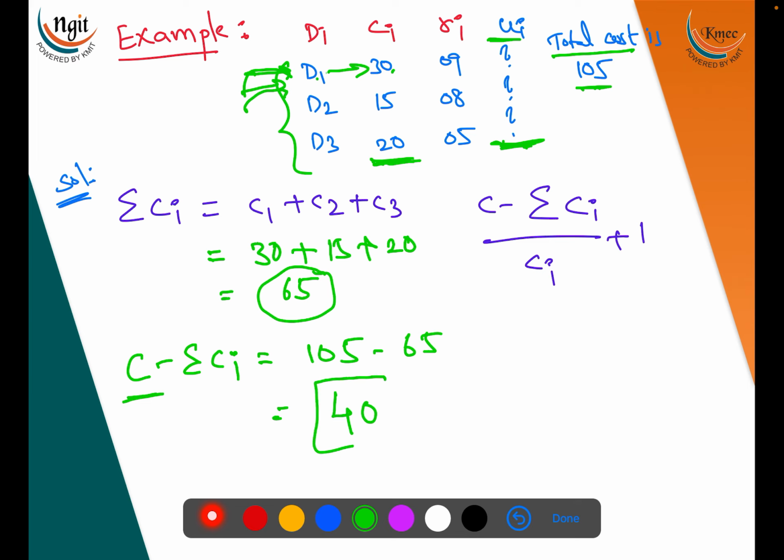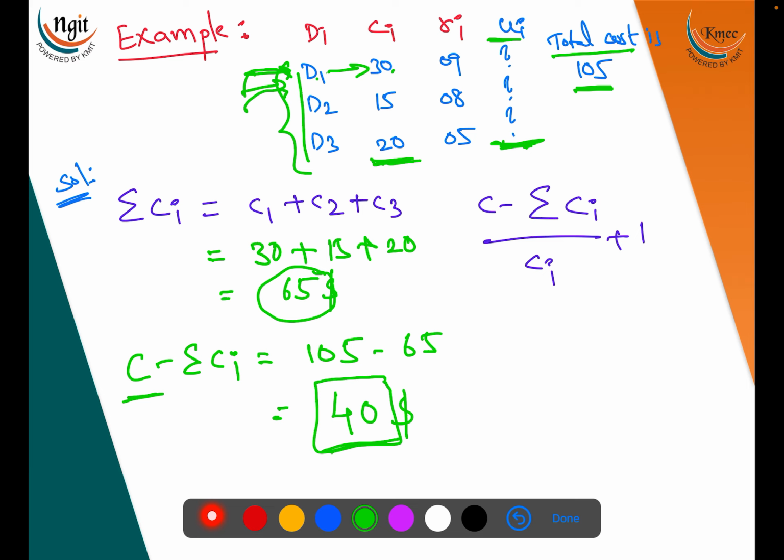So this is $40, I'm just assuming in dollars. The total cost is 105. Already $65 I have spent on these devices to produce good reliability by buying multiple copies. So how much amount do I have? $40. I should spend this $40 to purchase the other